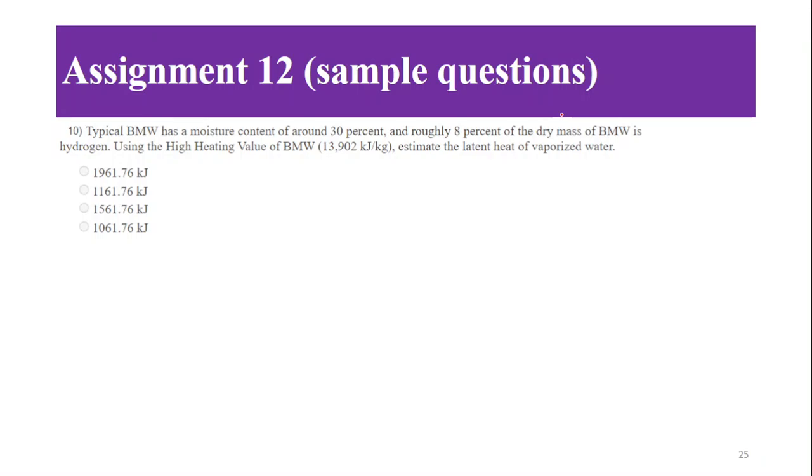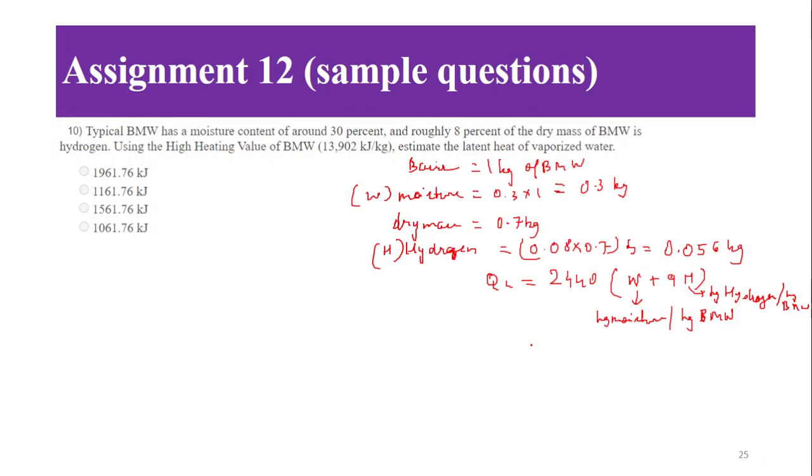So W is kg moisture per kg BMW or kg waste, and this H is kg hydrogen per kg BMW. So we plug in these values. So W is 0.3 and 9 is a factor to be multiplied with H. So H is 0.056, and then we get the answer as